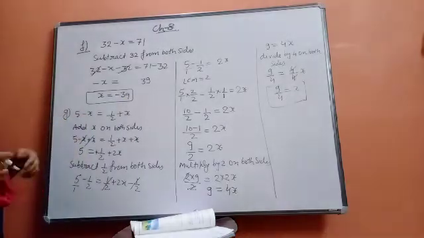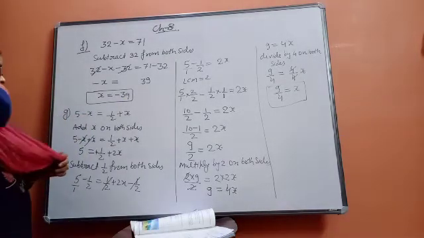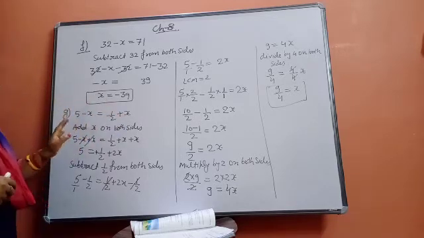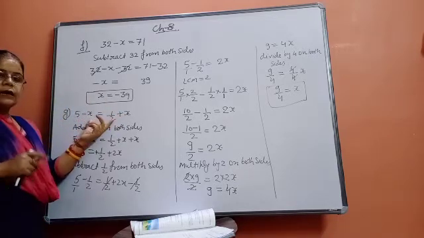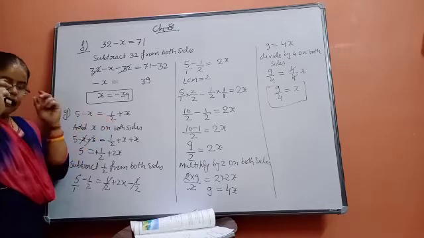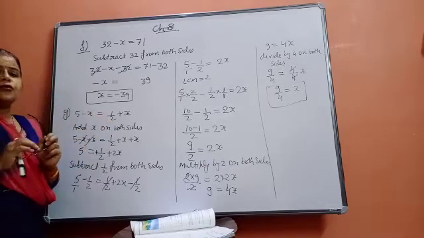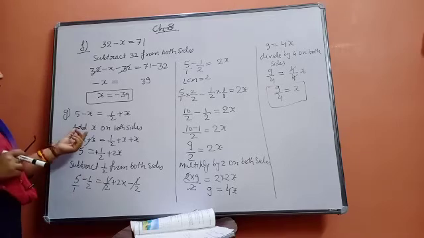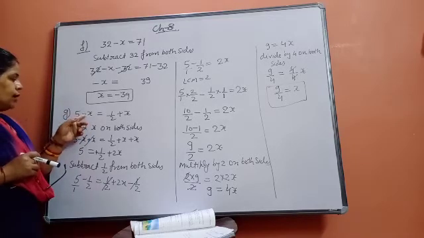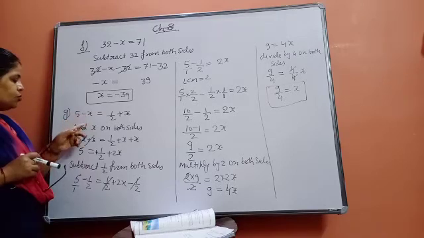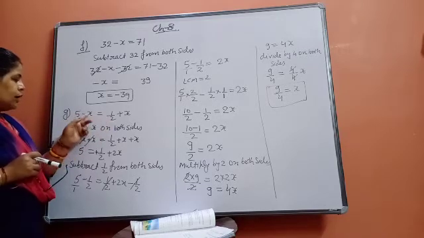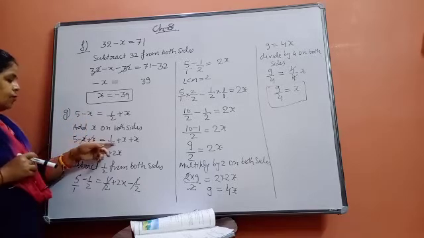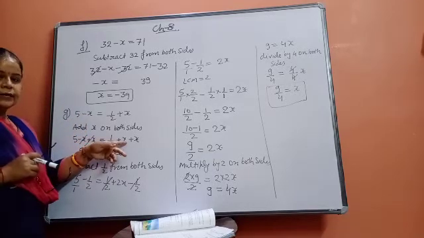Again one more time I am going to explain you so that you can understand. 5 minus x is equal to 1 upon 2 plus x, it was there. So on both sides the variable should not be there, then only we can get the value. On any one side you can keep the variable. So what I have done, I would like to remove the variable from here. Here minus x is there, so I will add plus x on both sides, so that from here it can be removed. So minus x and plus x, and the same operation will be done on the right hand side also.